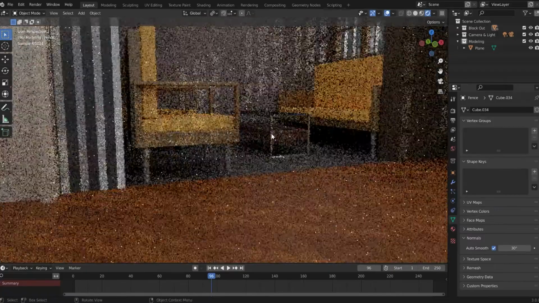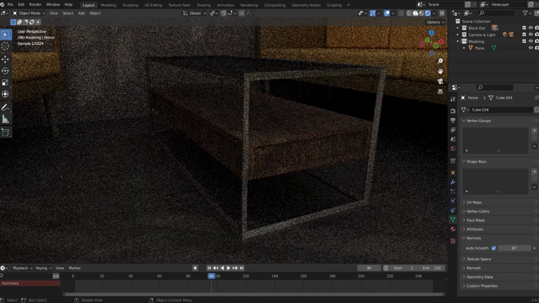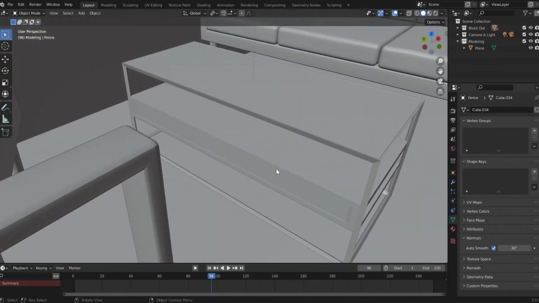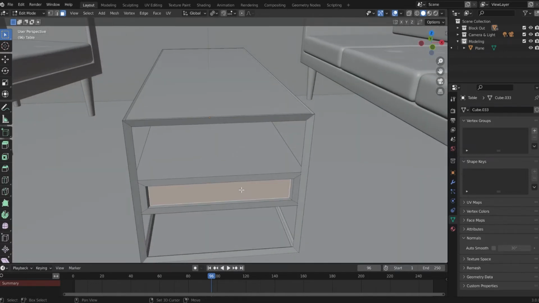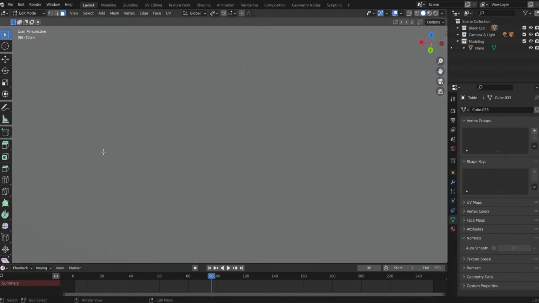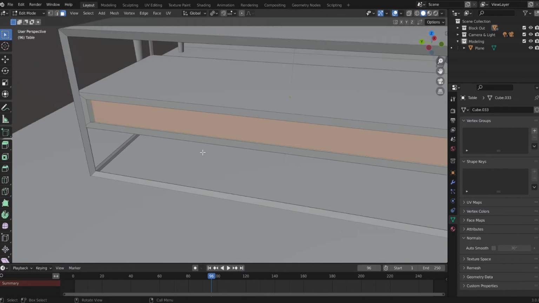And now let's go to the table. I want to change the table a little more. Go to solid mode, select the table, Tab, and let's select this inside part. Like this, all the way around. And with individual scaling, I have here individual origins,